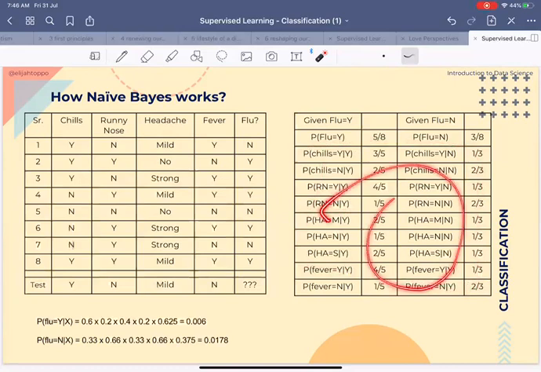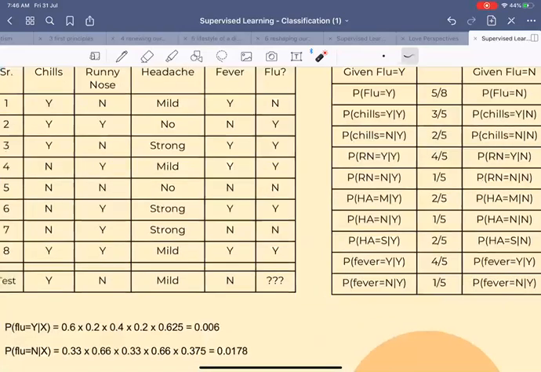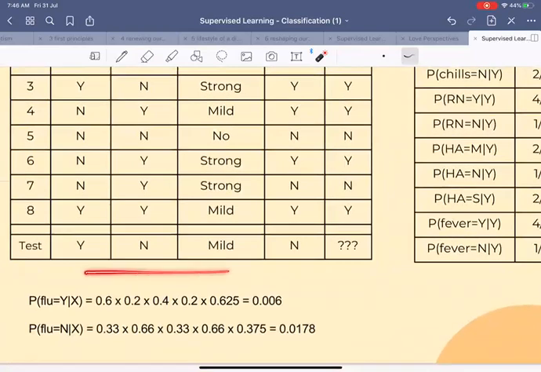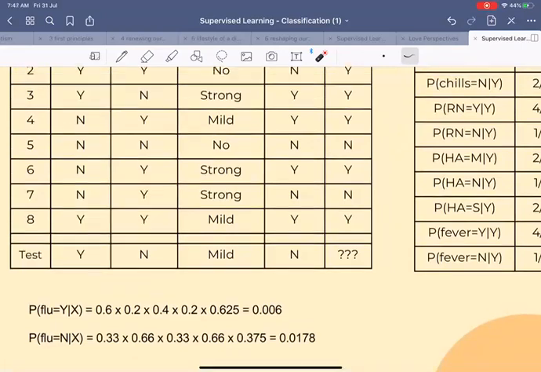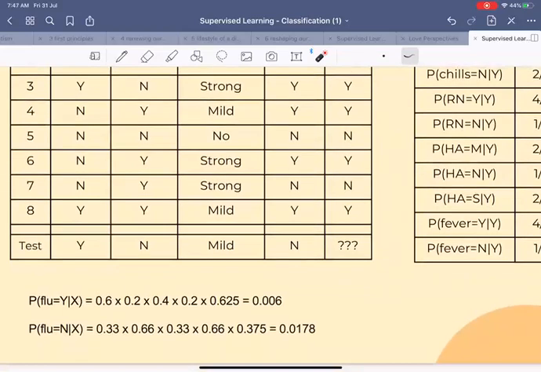Once we have evaluated these terms, we are asking the question for this unseen data. We're asking: what is the probability that someone has flu given we know the data? And what is the probability someone does not have flu given we know the data? So for the first case, the probability that someone has flu given this data, let us evaluate what the data is. Here we will have to say this would mean